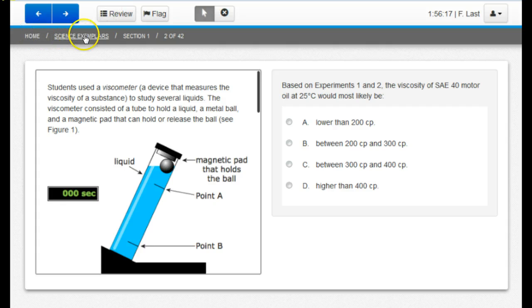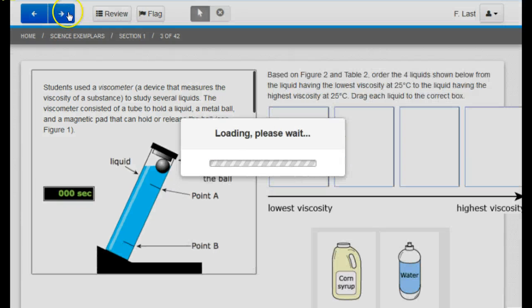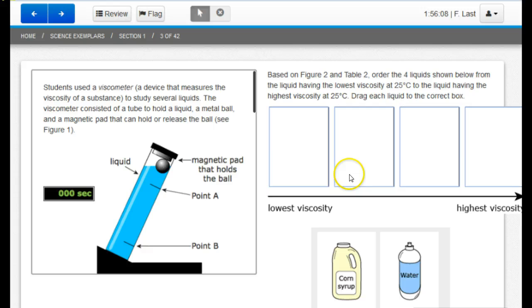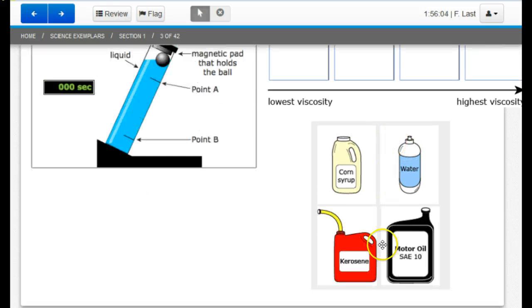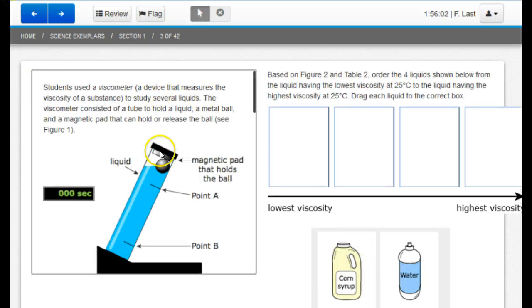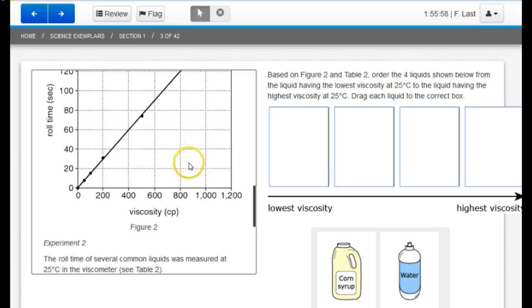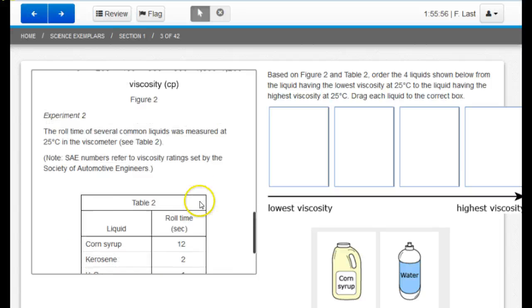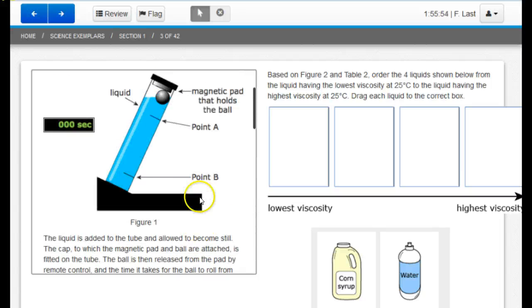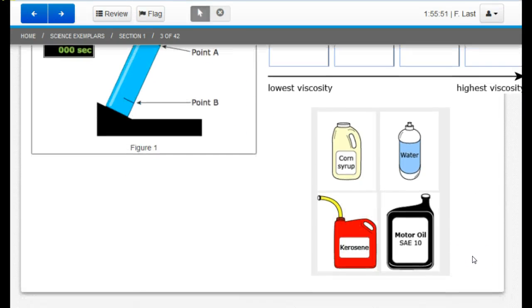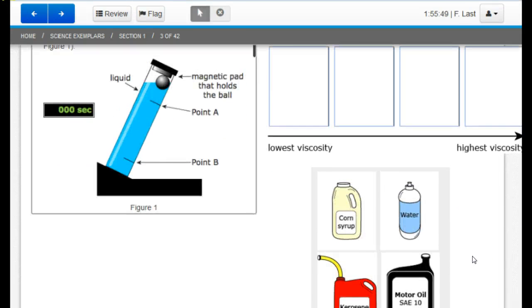You can see where I'm at. It's allowing me to go back to the very beginning. If I'm not sure about the question, I go back up here and I click on the arrow and it moves me to the next one. Now notice here's another component that I thought was rather interesting to this test. I am still using this information here to answer the first 3 questions, and I believe it's actually the first 4. This one is a type that asks us to drag and drop